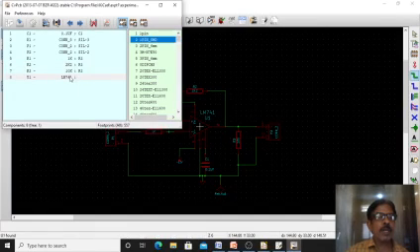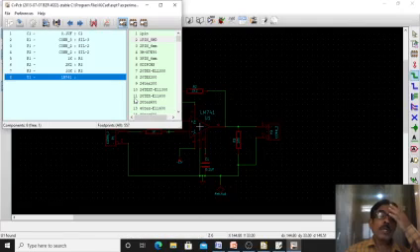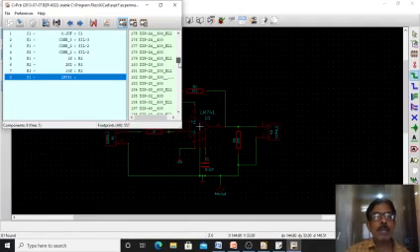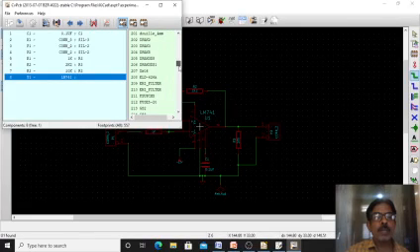Then for LM741, you know it is an 8-pin IC, and its configuration is called DIP, dual inline package. So it is DIP, an 8-pin IC, so you have to search for DIP 8.